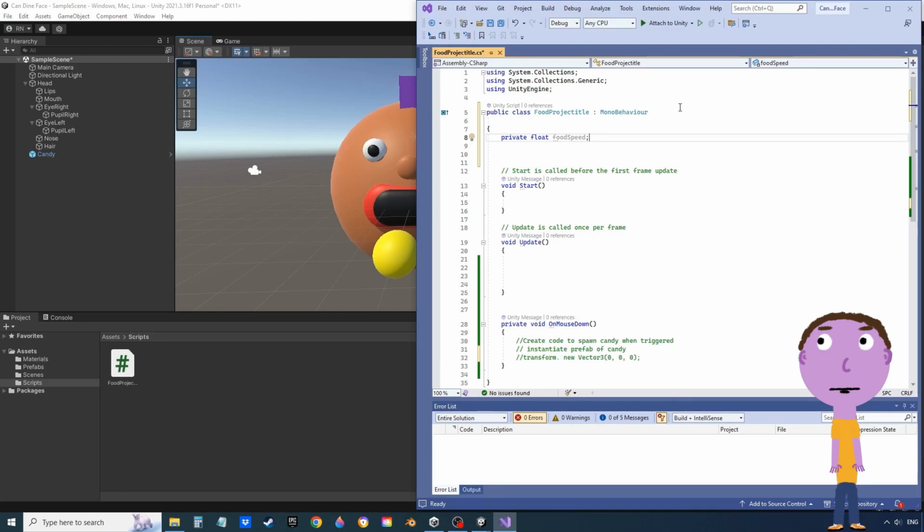Like if I have different difficulties, different levels, food speed should be something that can be changed. So I don't want to make it equal to anything here. I will have to define it then. Food speed equals,